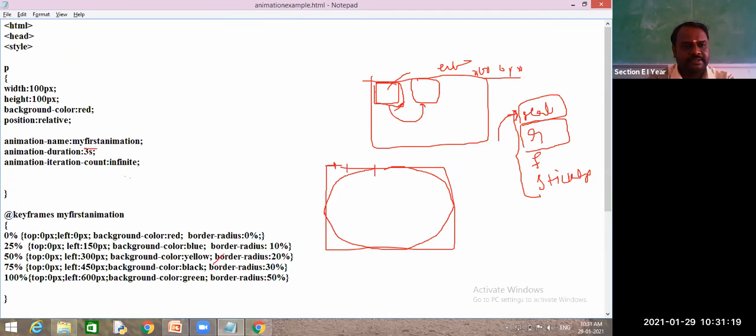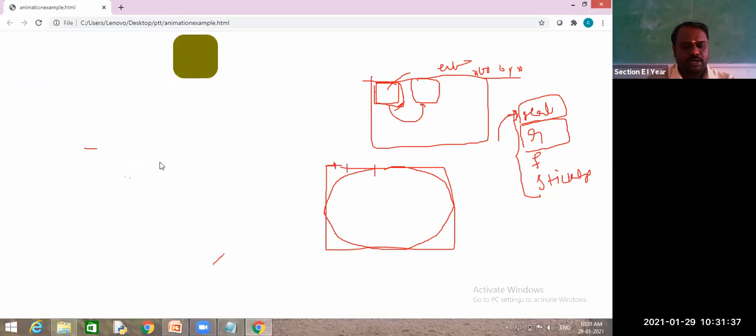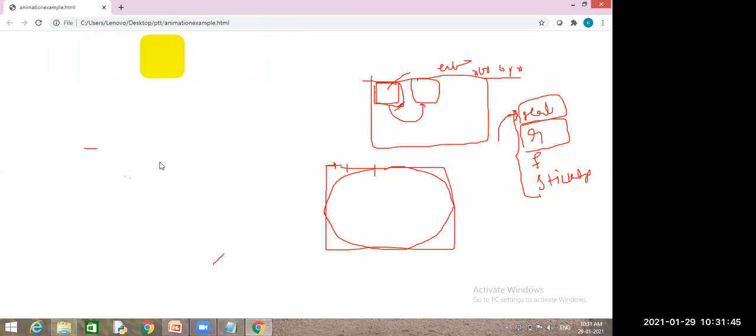So, for that, animation direction is reverse. Reverse means opposite of current direction. So now you check. Is it exactly reverse to previous animation? Yes, sir.